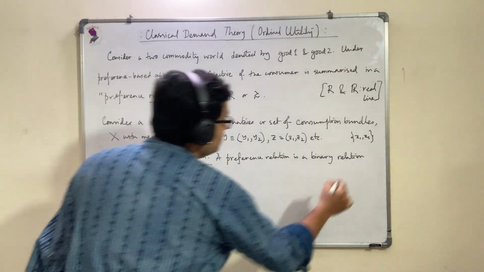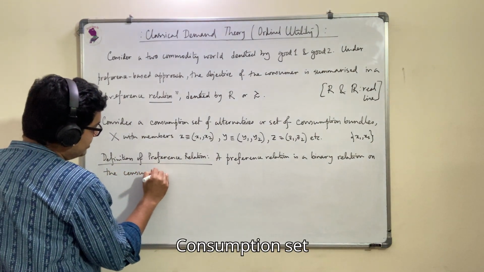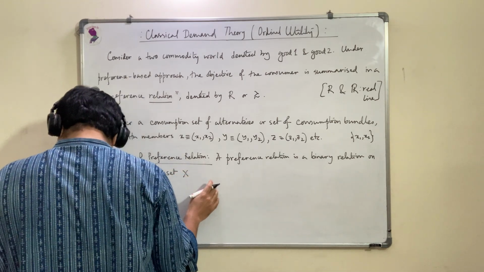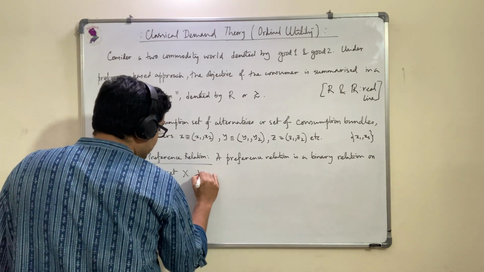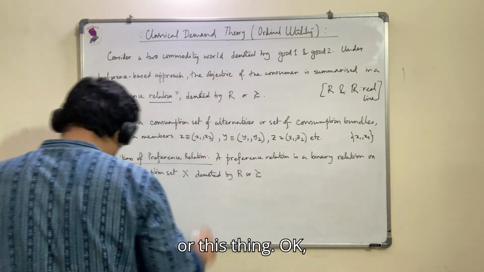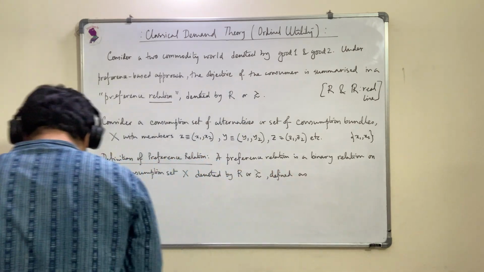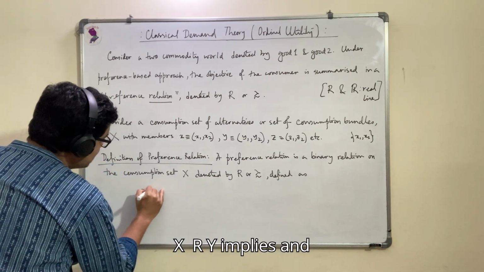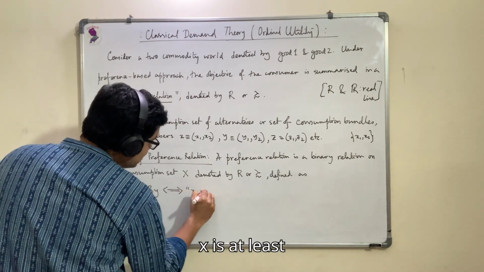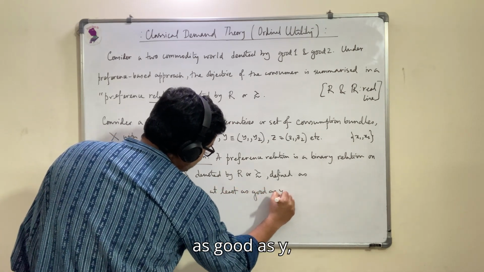So binary relation on the consumption set X denoted by R or this symbol, okay, defined as X R Y implies and implied by X is at least as good as Y,